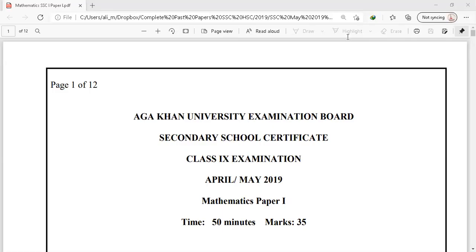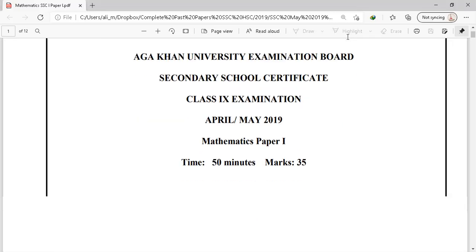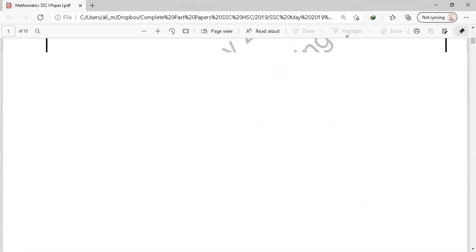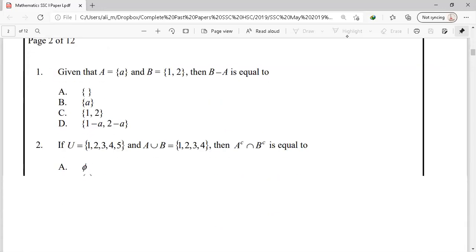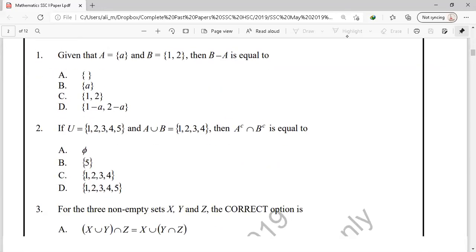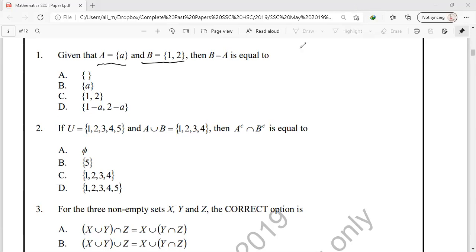आज इस वीडियो में हम क्लास 9th मैथमेटिक्स AKUEB एग्जामिनेशन अप्रैल 2019 का पेपर 1 सॉल्व करेंगे। तो सबसे पहले चलते हैं क्वेश्चन नंबर 1 की तरफ। So in question number 1, we have two sets, in which one is set A and the other is set B, and we have to find the difference of these two sets